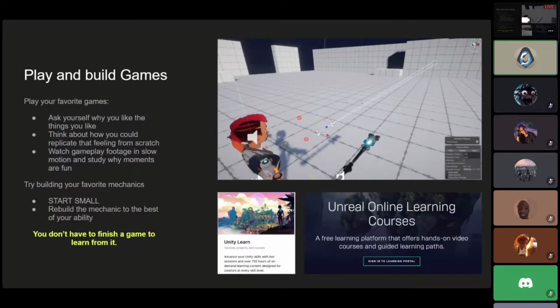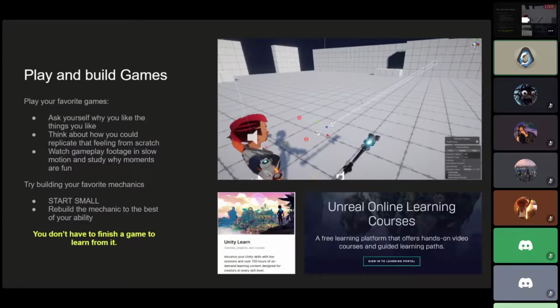And you don't see that unless you slow it down and you watch and you ask yourself why. An exercise I really, really like that I did a lot when I was learning game design was just take your favorite mechanic and rebuild it in Unity. Like Anna from Overwatch, her gun heals things. I was like, I'm going to rebuild that. I'm going to build some targets in the world that take damage over time, and I'm going to build a gun that feels the same as shooting with Anna's rifle. And that's way harder than you think it is.